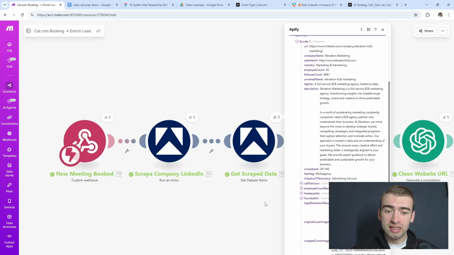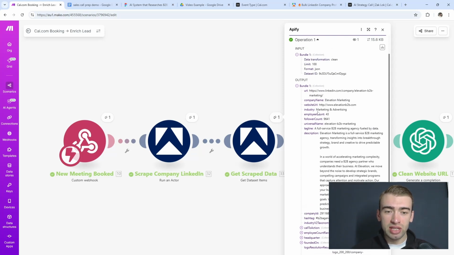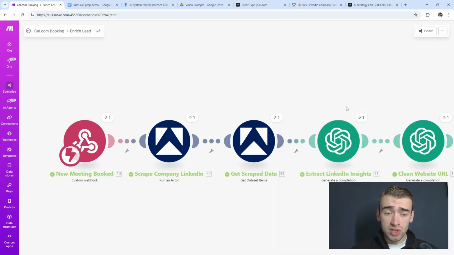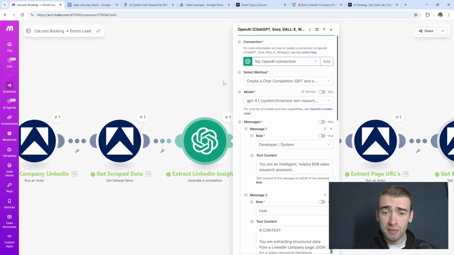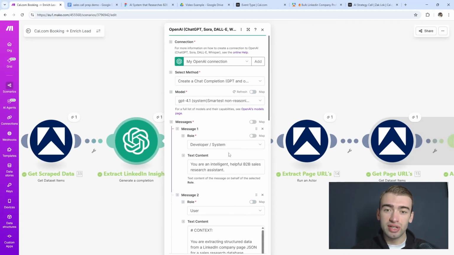But it's basically going to tell us all of the information about the employee count, follower count, name, description, all that kind of stuff. So what I've done here just to make this 100 times easier is I've actually added in an AI module from ChatGPT that's basically going to take all of the insights that we generated from that, and it's going to put it into a structured, easy to understand format that we can plug into subsequent AI